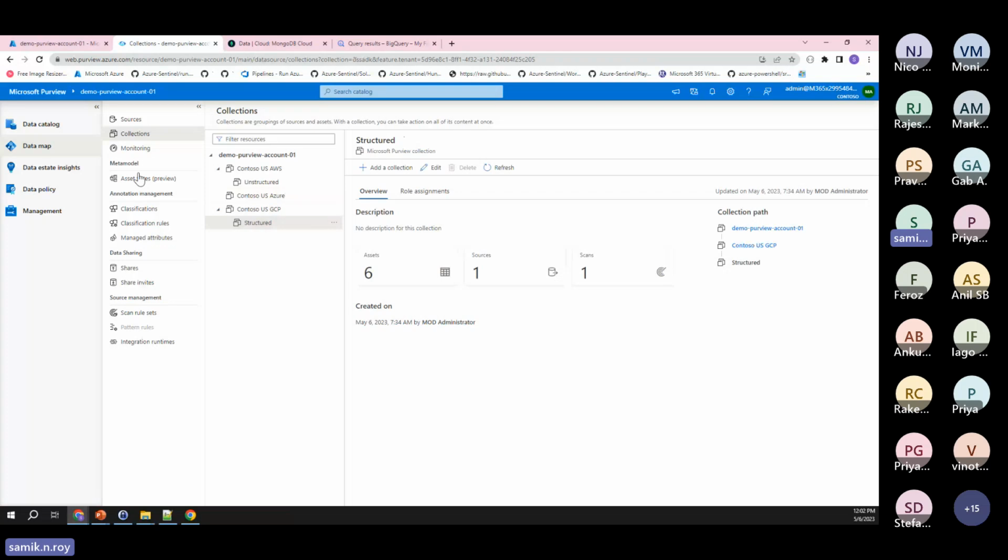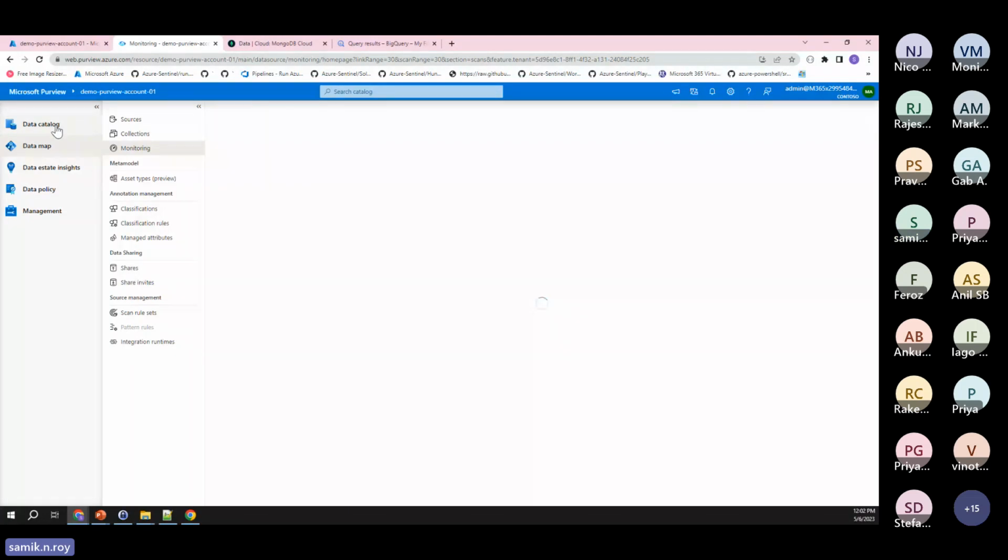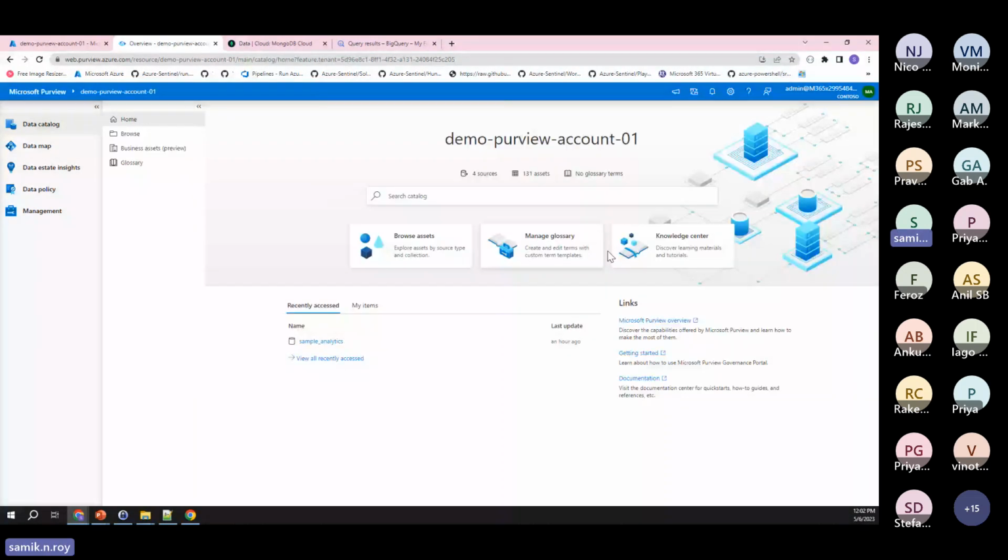Now, if you go to the monitoring tab on the left hand side, you can see what exactly happened: the total summary, the progress, and things like that. So that was all the scans we have across multiple data sets. The next thing is we have already created the catalog, or Purview has already created the catalog, because the scan